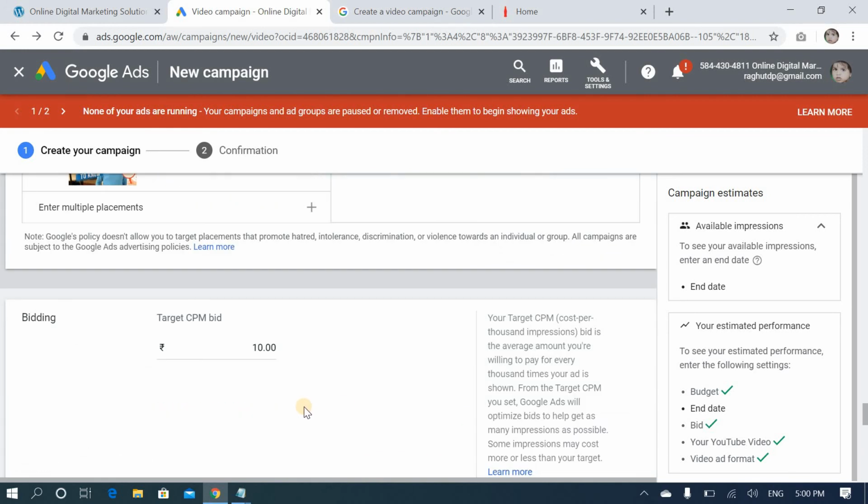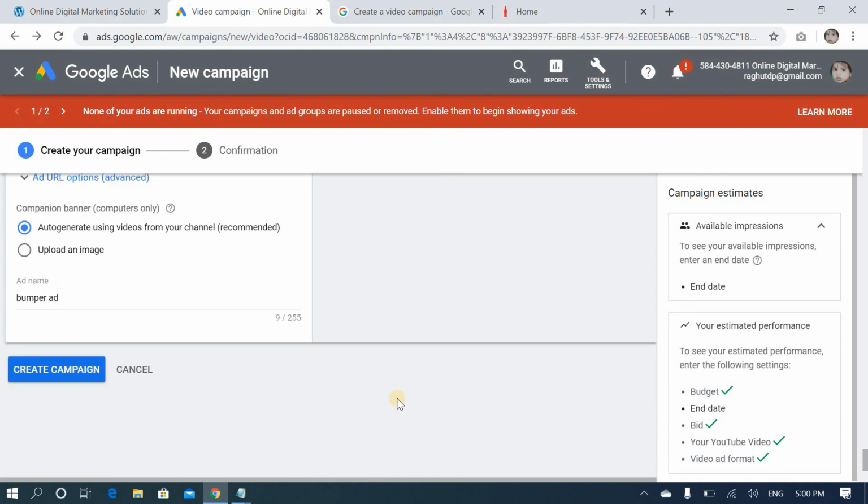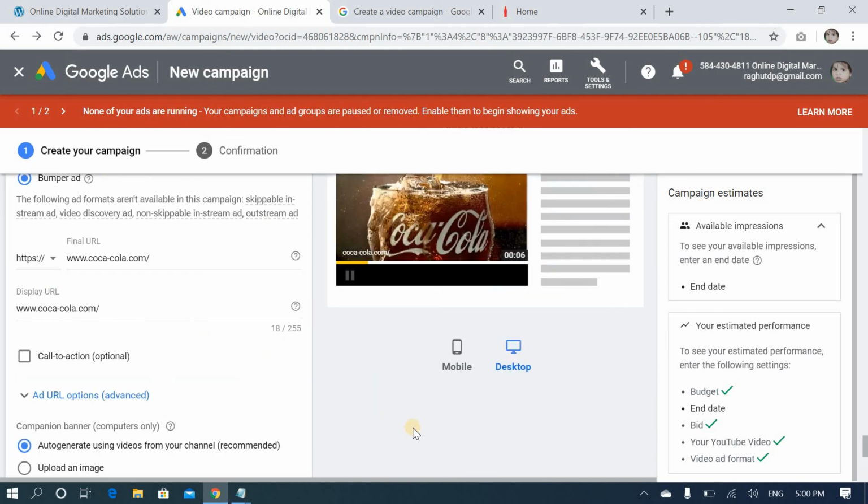So like that you have to add bidding, and the main thing is that targeting is very important for keywords. You can make one campaign for audience targeting for bumper ads, run placements as one campaign, and topics as one campaign. Let's see which one is performing and which one is giving the best results. According to that you can plan and run the campaign. So for demo purposes I took Coca-Cola, and even took Coca-Cola's website.